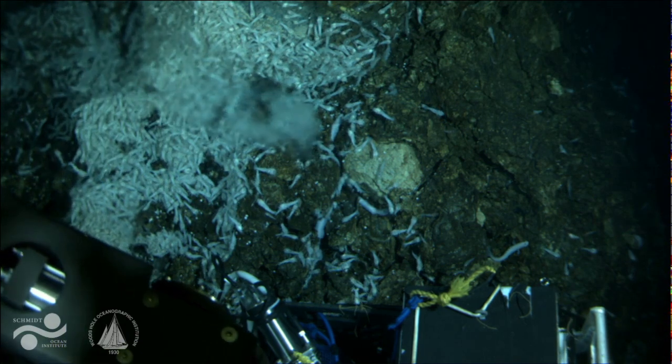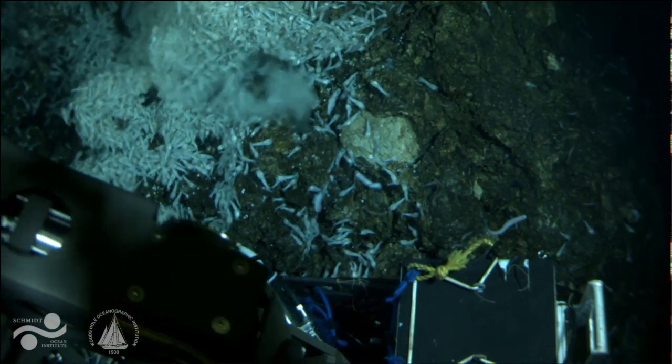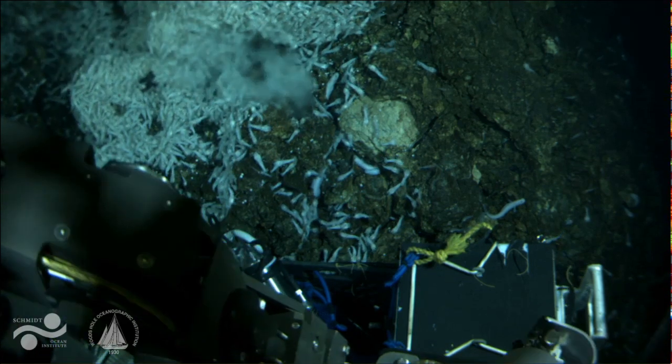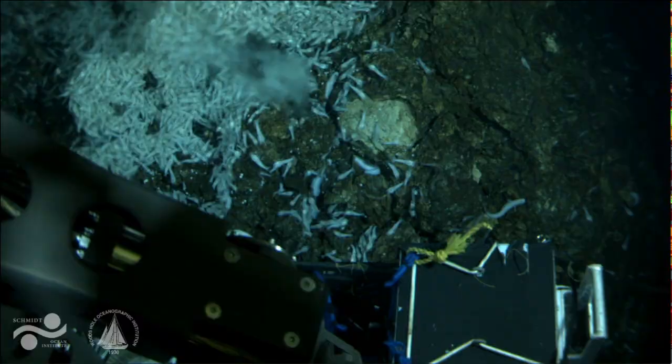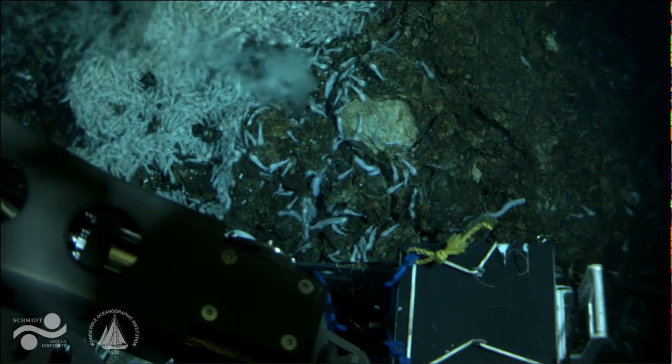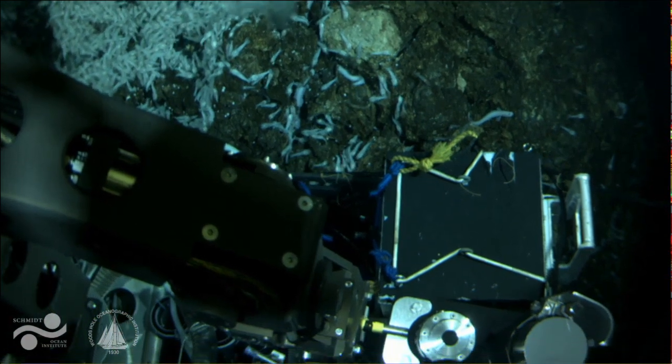We're just switching out to our wide-angle field of view, so we dash the sampler away. And what we're just going to do now is actually take some time to do some filming of this site, and also we might do a little bit of camera maintenance. We have good focus control on our wide angle camera. We have a fixed focus at the moment on our narrow camera, and our engineering colleague Cliff thinks he can